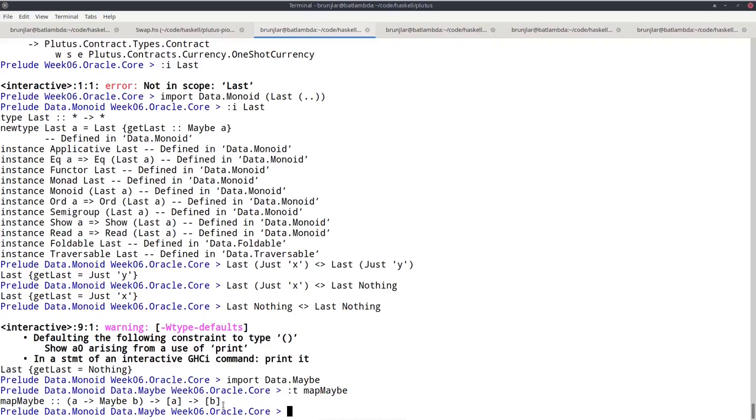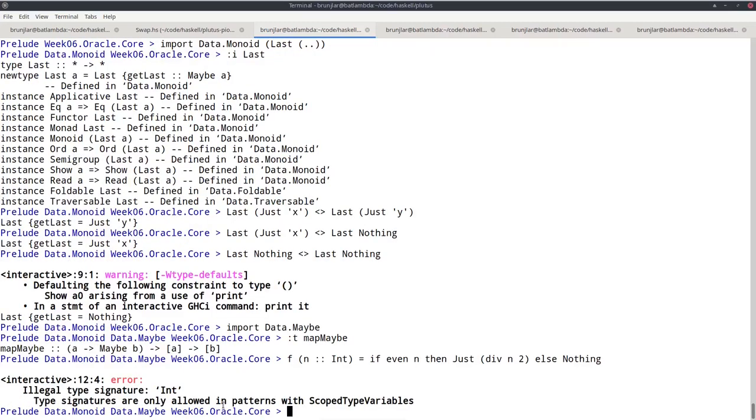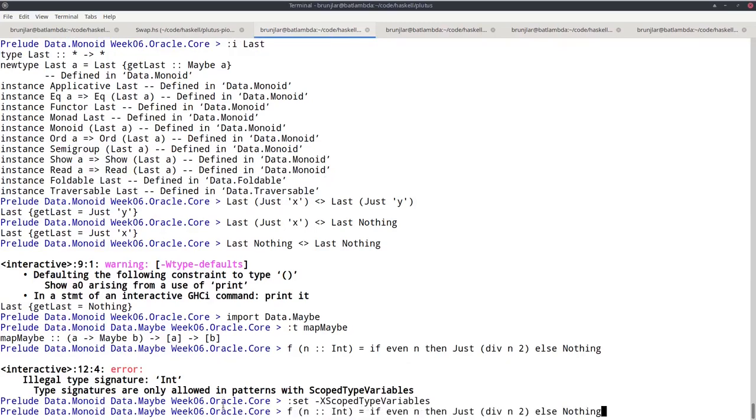So as an example, we could, for example, say f n, an int: if we have an even integer, then we return Just n div 2, so we divide it by 2, and if it's an odd integer, Nothing. Sorry, I must activate that extension.